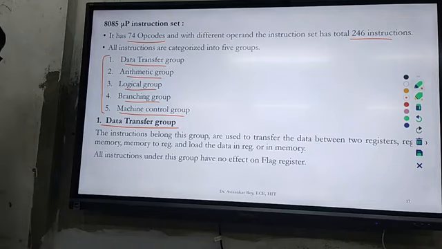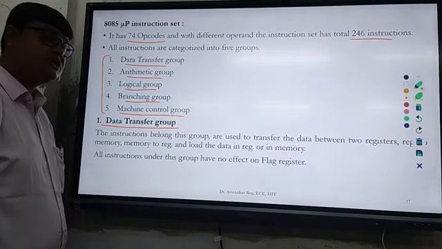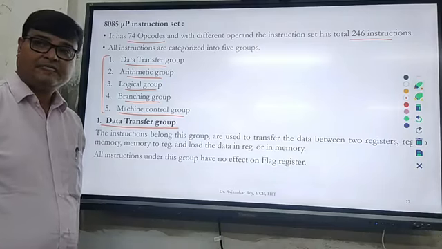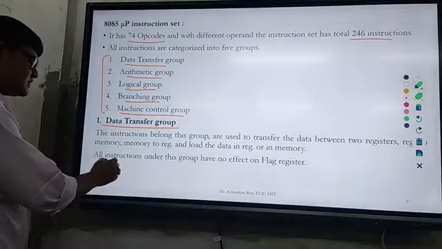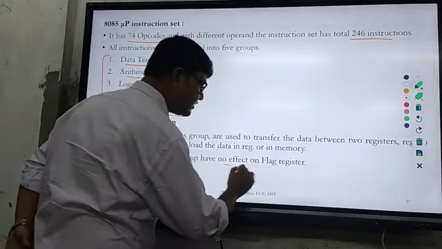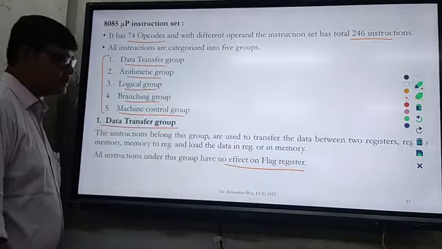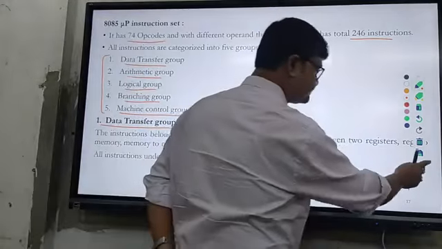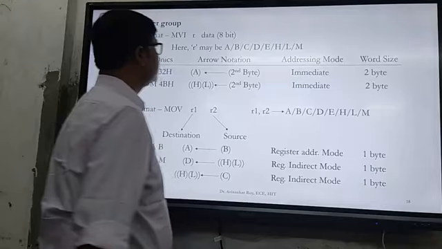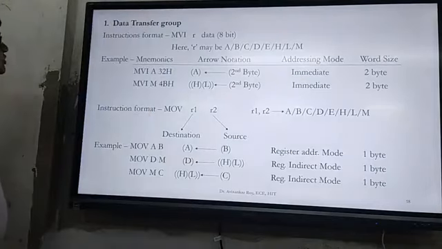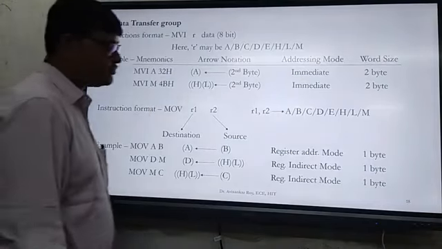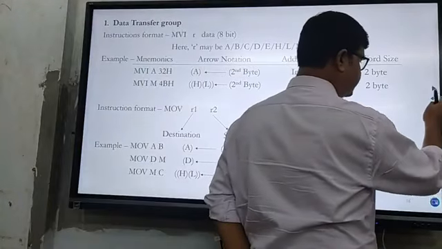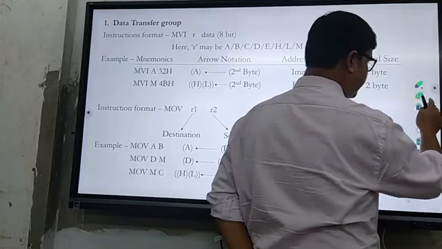The instructions belonging to the data transfer group can be used to transfer data between two registers, register to memory, and memory to registers. All instructions under this group have no effect on the flag registers. So we can go to the data transfer group instructions elaborately. Here is the data transfer group instruction format. Before going to the instruction format, we can explain the basic format of instructions,